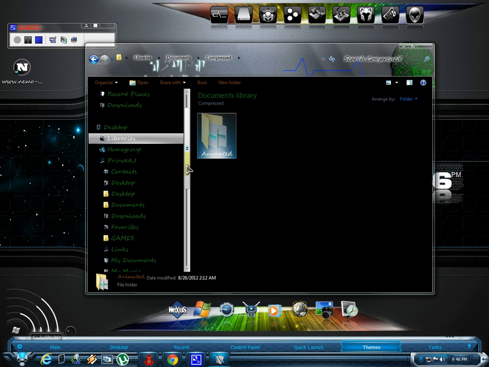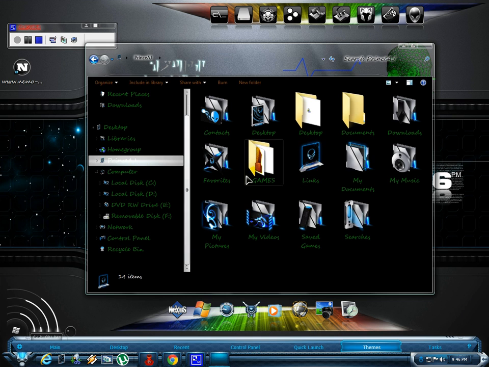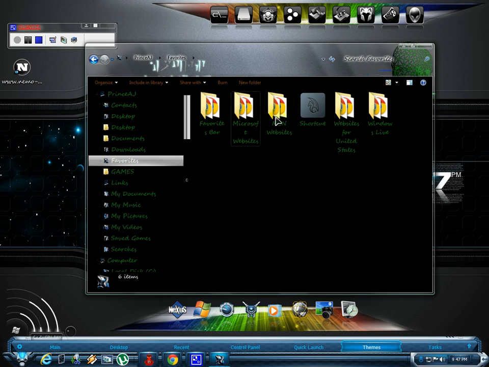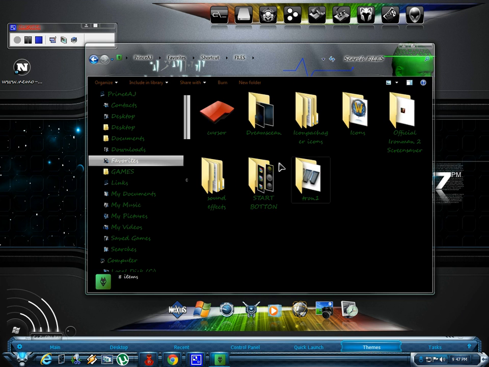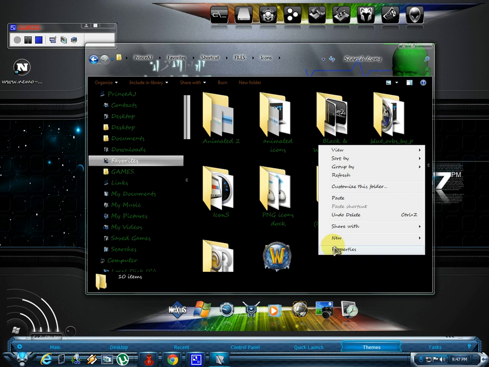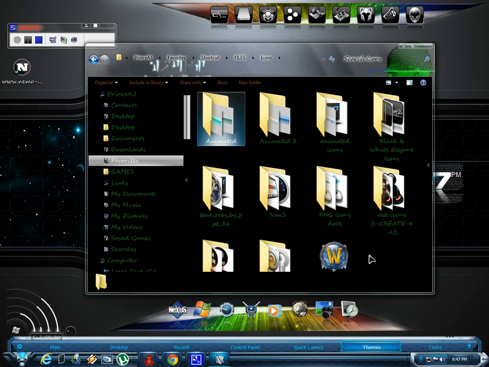I will put it in my icons folder so it's easy for me to find it. My icon folder is in here. Files, icons, paste. This is the animated icons that we downloaded. You can close this one now.